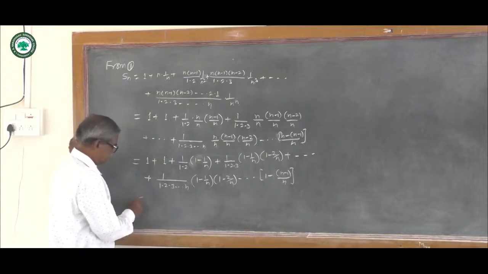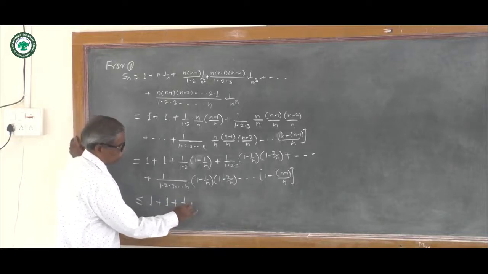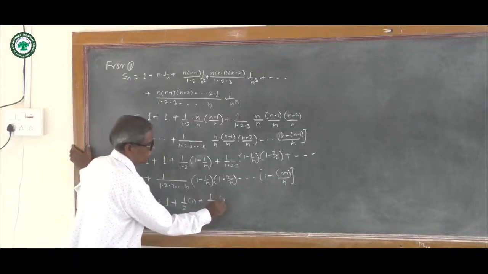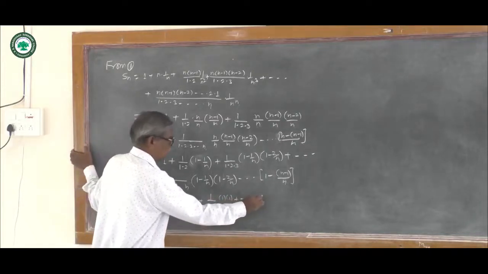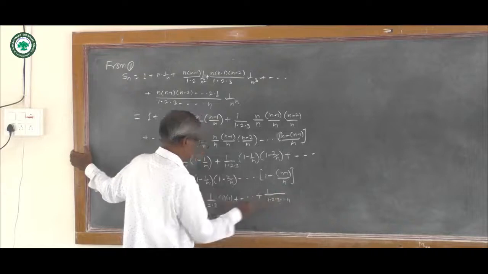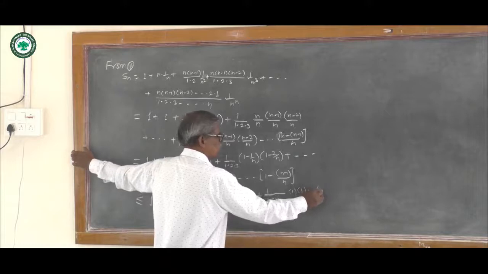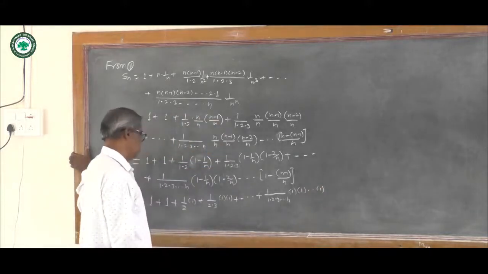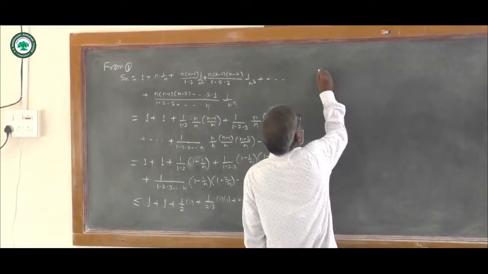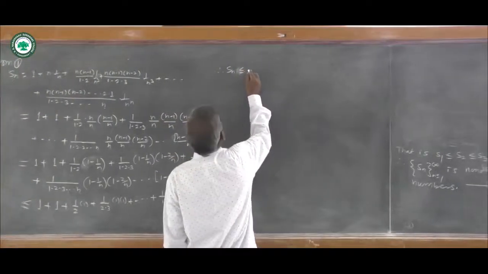This is less than or equal to 1 plus 1 plus 1 by 2 into 1, plus 1 upon 2 into 3 into 1 into 1, plus and so on, plus 1 upon 1 into 2 into 3 and so on up to n, and each bracket is less than 1, so it is less than or equal to 1. Therefore, Sn is less than or equal to 1